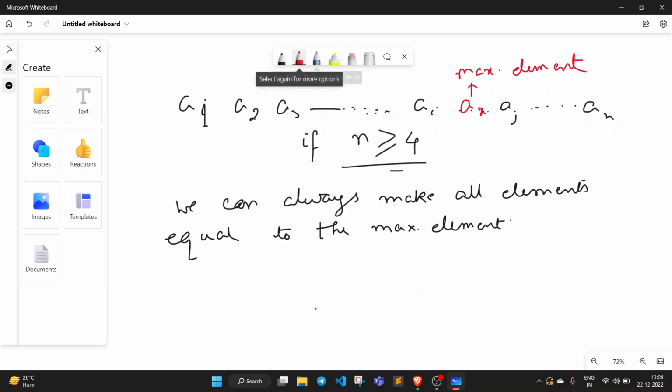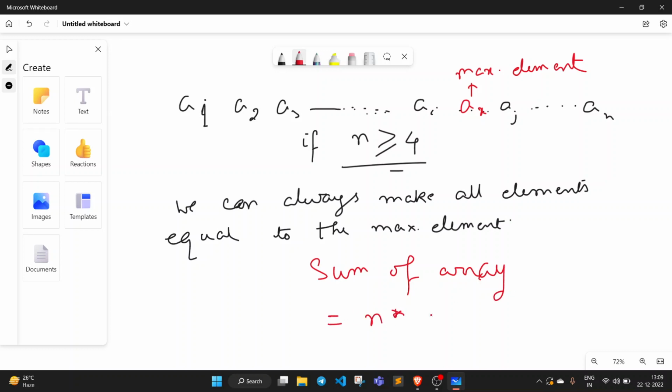The sum of the array equals n into the max element of the array, right? So this means wherever the position of the max is, suppose it is at the leftmost end or at the rightmost, it is very easy. If it's present here,